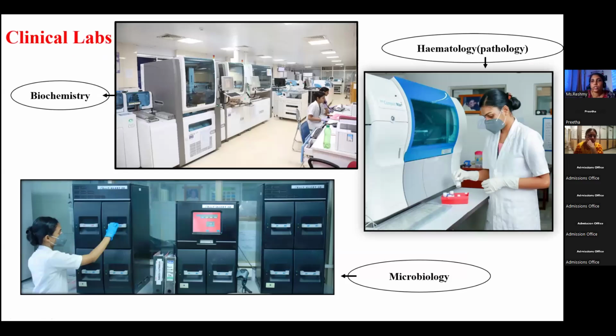So these are our students posted in different laboratories. I am from the biochemistry department. This is our lab, a biochemistry lab. You can see our students are getting posted in the laboratory. You are able to handle all these sophisticated instruments; hands-on training is what we give here. This is a hematology lab, which comes under pathology. This is an MLT student, a previous student. This is our microbiology lab, where you also get posted.